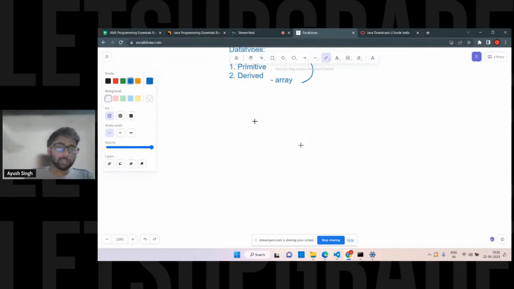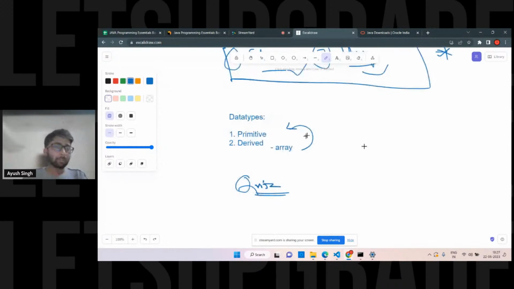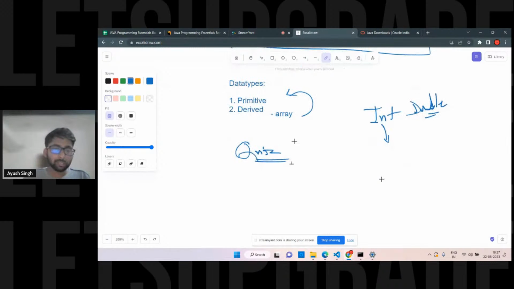One question, or quiz, which I have for you guys is, if you already know about the data types, even if you didn't know, you know right now. The numbers come into the integer part, int, and int will have only integers. Double or float will have the floating points, I mean the decimal values. Then we have character and string, right? So this question for the quiz is quite simple.